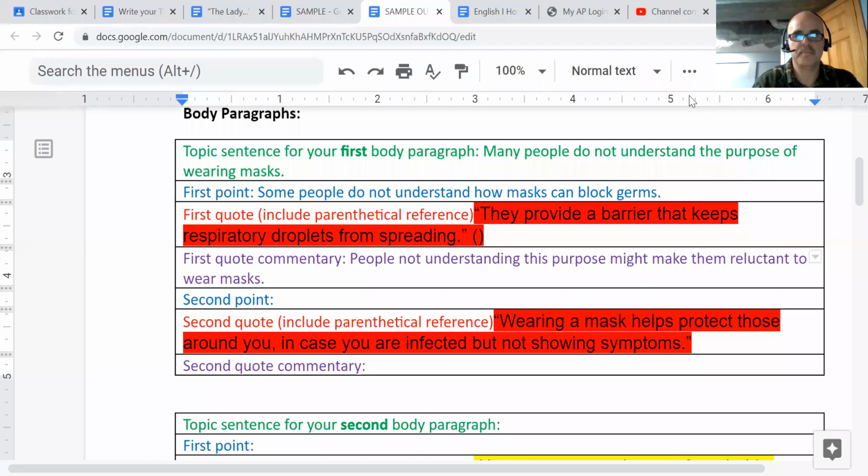There we go. Okay, I'm back. So I want to just not waste your time and formulate that sentence and then come back. So I said people not understanding this purpose might make them reluctant to wear masks. And obviously that's the point, right? Okay, now we start our second point in this body paragraph. Maybe a little transition here, right? Additionally,